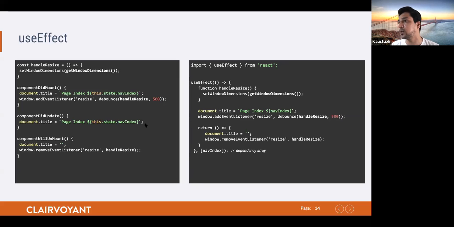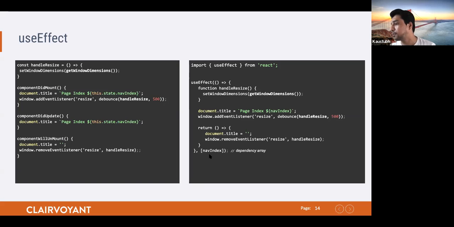And even the code duplication is quite avoided over here, as you can see. For example, when the component is going to get mounted, I'm going to set the document title for the particular state. Then I'm going to create an event handler over here for the window resize method. So when the component is mounted, these two lines are going to get executed. And whether to execute these two lines or not, and everything else, is covered by the dependency array that we pass in as a second argument.